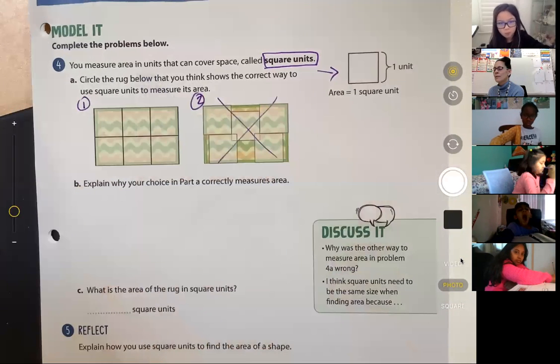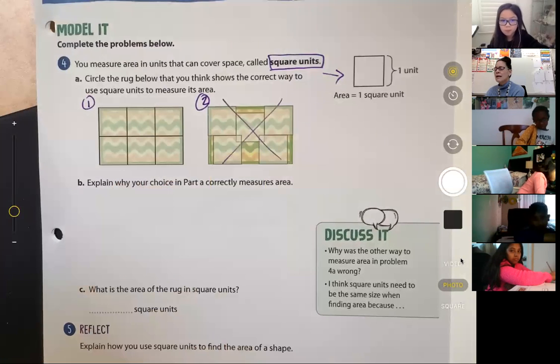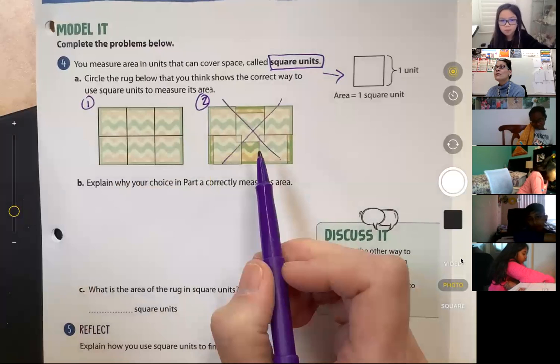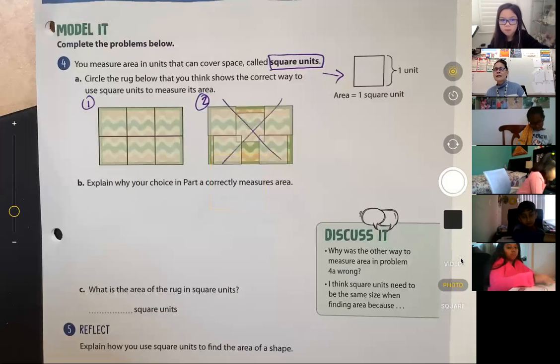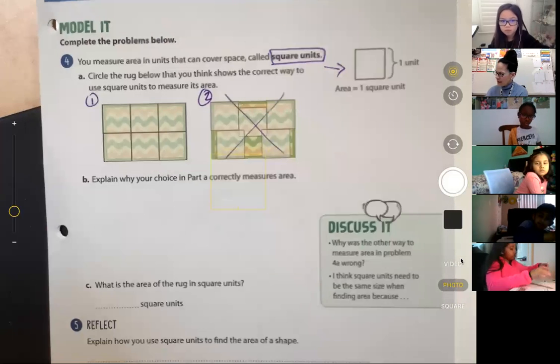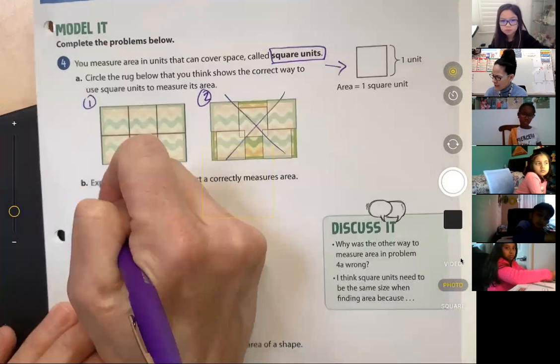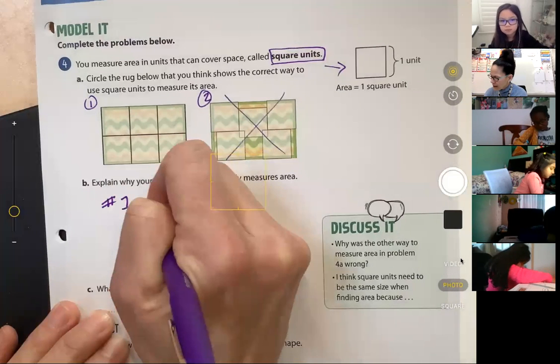We have rug number 1, which is beautiful and orderly. And then we have rug number 2, and that's a hot mess. Okay, so number 1 is great. So we're going to say that number 1 is correct